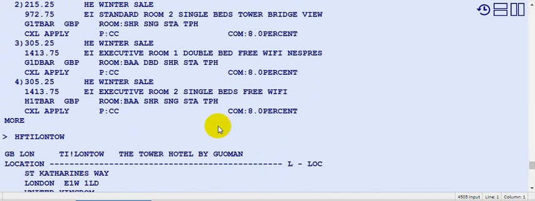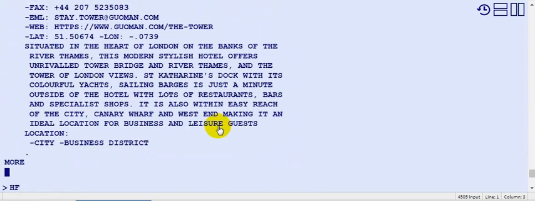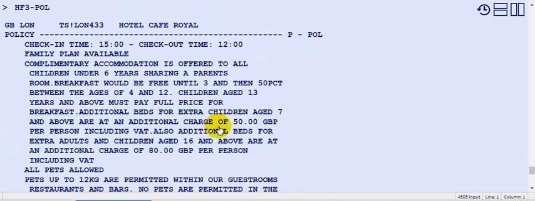I want to find the policies associated with this particular hotel. Say it's HF line number 3. And what are the policies? Policy means it's generally the cancellation, change policies and other policies. Okay, so it's showing me the different policies, like check-in time is 3 p.m., that's 1500 hours, and